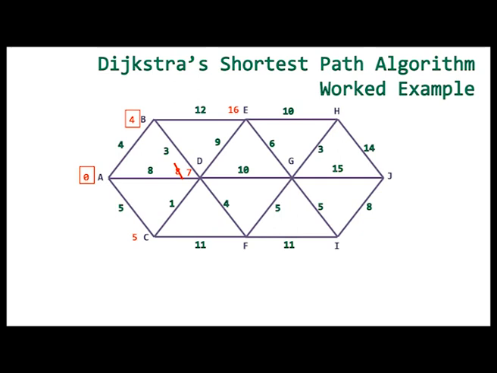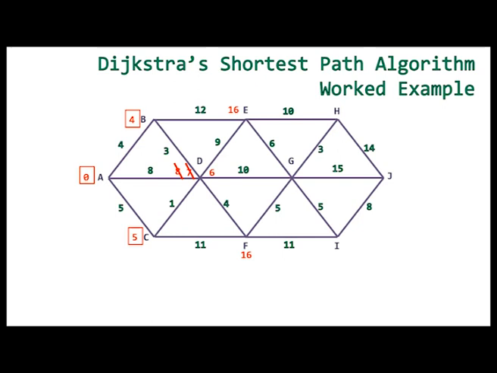So we're now looking at the lowest number again that we haven't already done. You've got the choice between 16, 7 and 5. So we're now going over to 5. Put a box around it to say that we're starting at 5 now. From C to D, it is a cost of 6, which is lower than 7, so we cross out the 7 and write in 6. From C to F, 5 plus 11 gives us 16. We haven't used this already, so we just write 16 next to it. So we've done all routes for C.